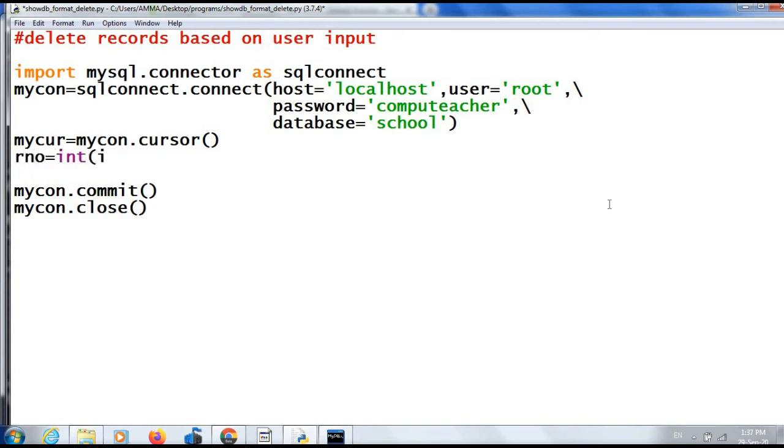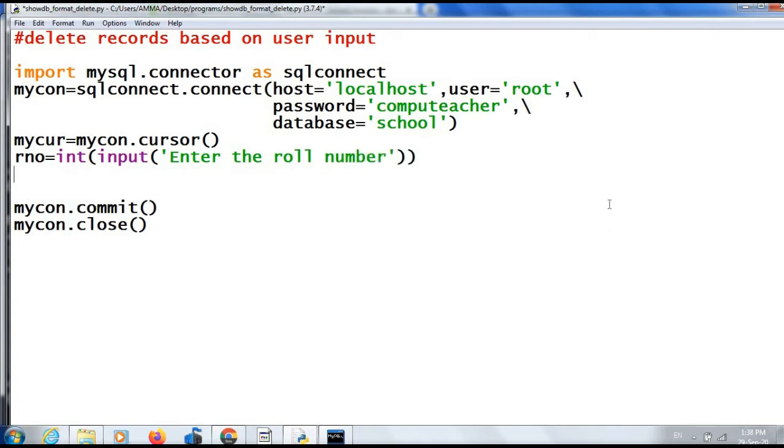For that, accept the roll number from the user whose record has to be deleted. Int of input, enter the roll number, then mycar dot execute within quotes, give the query, that is delete from student where roll no. Roll no is our attribute name, roll no equal to curly bracket.